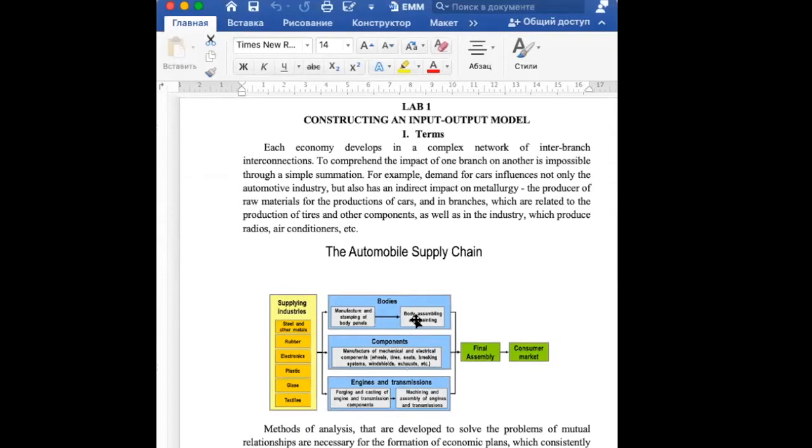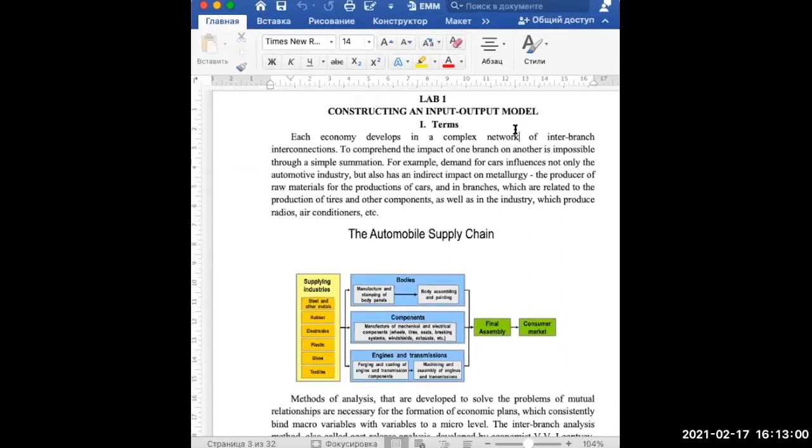First laboratory work, it's about constructing an input-output model. So today we are going to talk about one of the classical macroeconomic models which describes different relationships between different branches of economy. And this model was developed by one of the famous world economists, you know it, it is Vasily Leontiev. And in economics, an input-output model is a quantitative economic model that represents the interdependencies between different sectors of